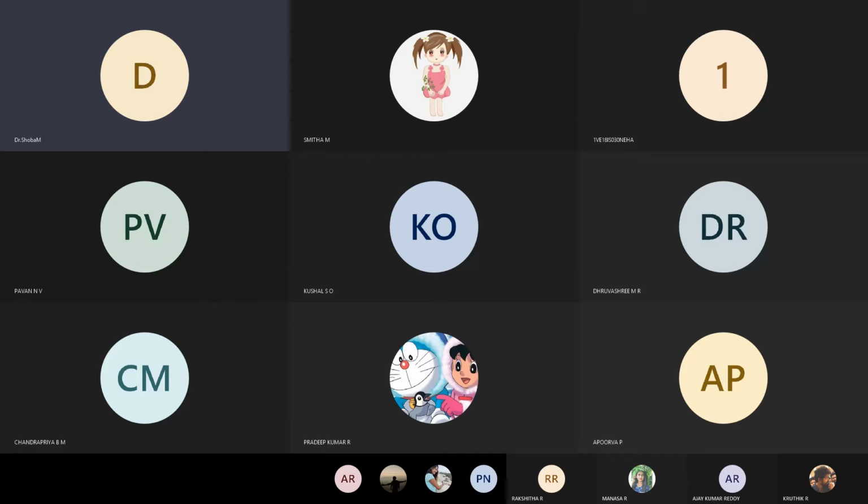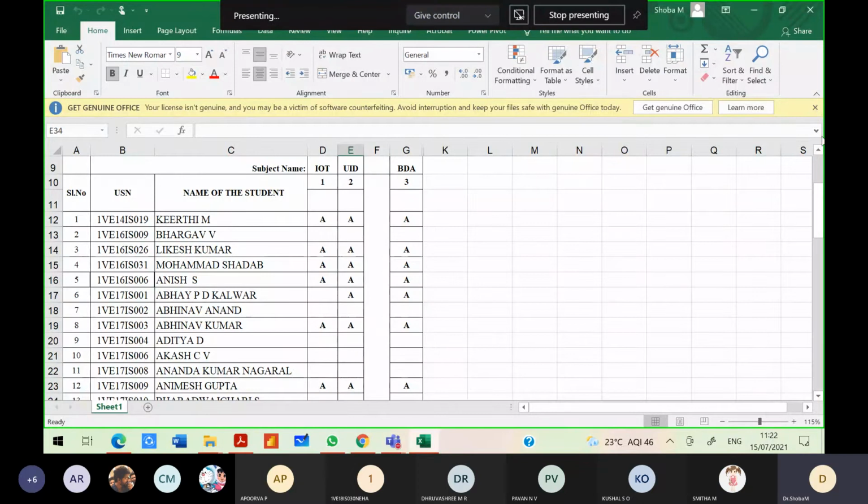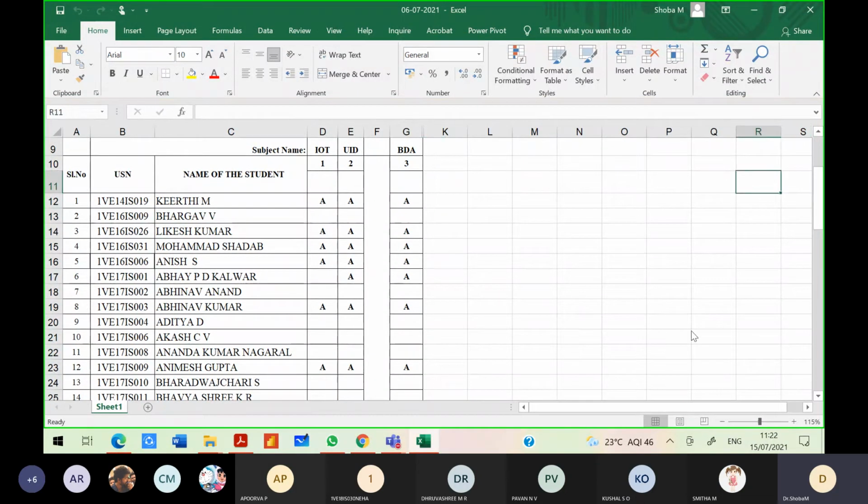So apart from our regular usage in Excel, there are so many other options available. Okay, it's taking some time. Yeah, got it. So can you see the Excel sheet here, the application I have opened on my system, all of you? Yes, ma'am.